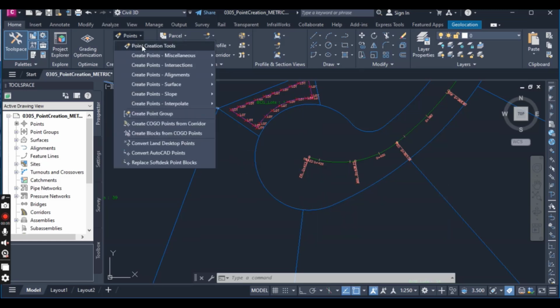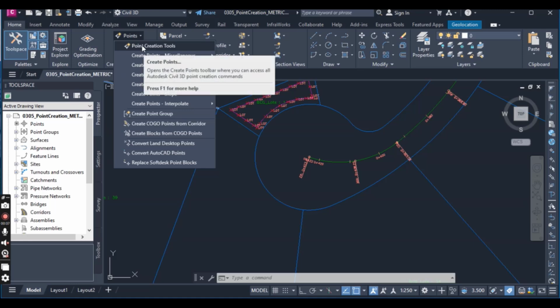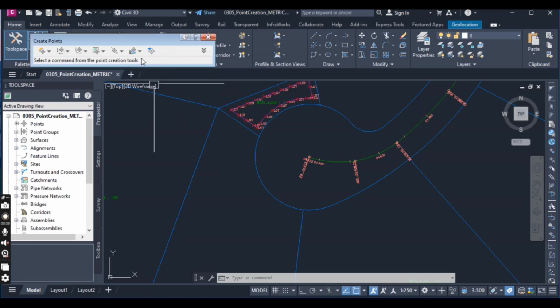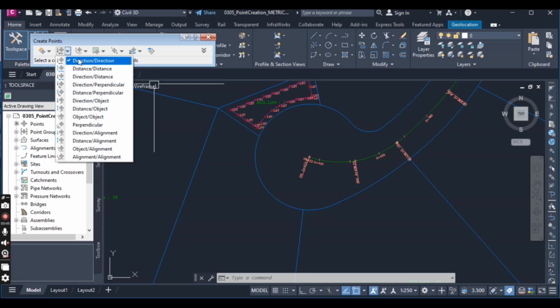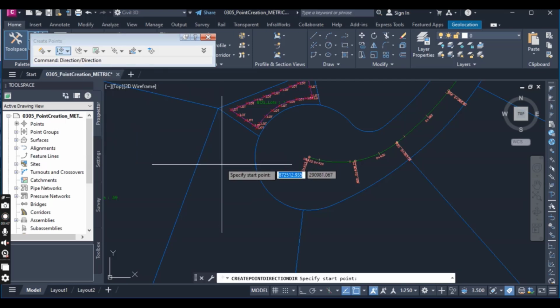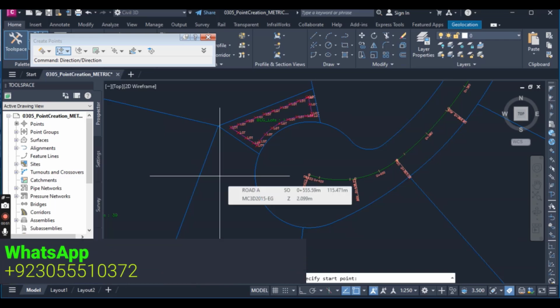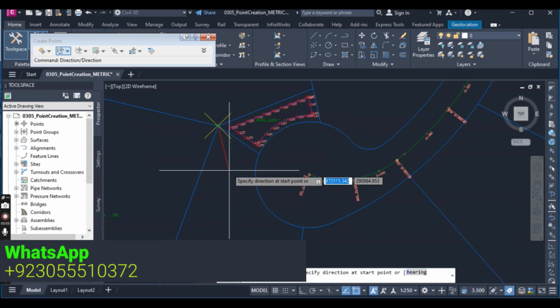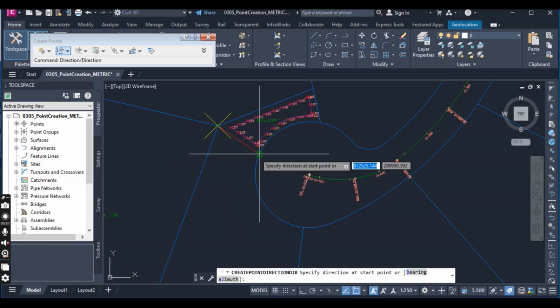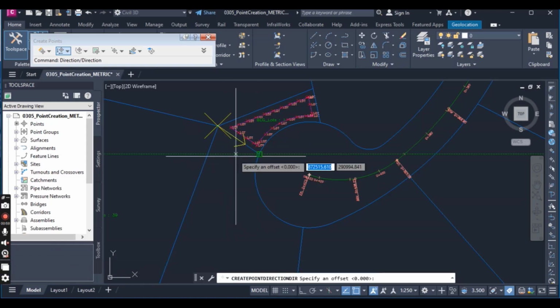Just go to the point creation tool, and here you will see the direction command. Just select the direction command and it will ask you to specify the start point. We will select the first line, its start point and end point. Okay, so now it is getting that this is our